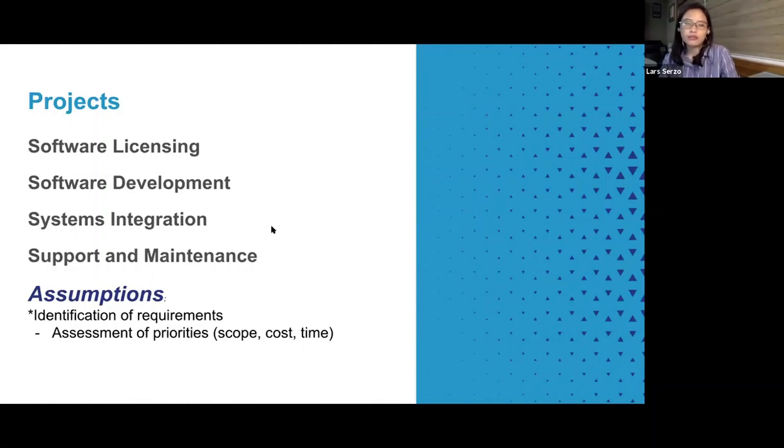So we won't go through it one by one, but the goal of this presentation is to highlight or to zero in on certain provisions that you will need to carefully consider when going through the negotiations.